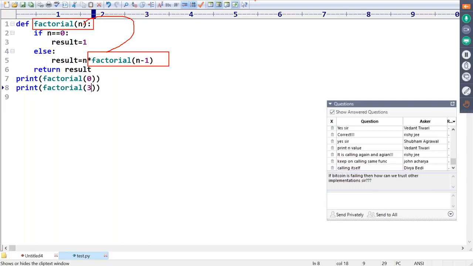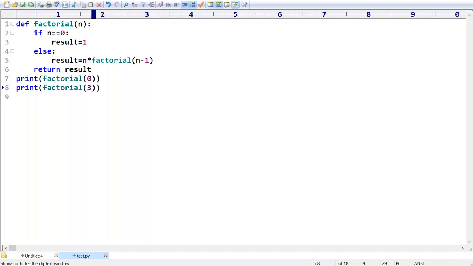Are you getting that? Calling the same function again until some end condition. Here, it is going to stop when n is equal to 0, so then the result is 1. Immediately it's going to result as 1. Then only it will stop. That's why calling the same function again and again itself is nothing but recursion. The biggest advantage of recursion is the length of the code is going to be reduced like anything, and readability is going to be improved. Even big complex problems we can solve very easily, right?